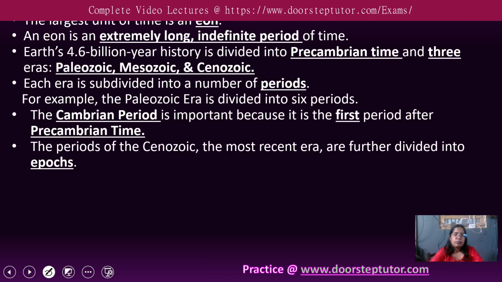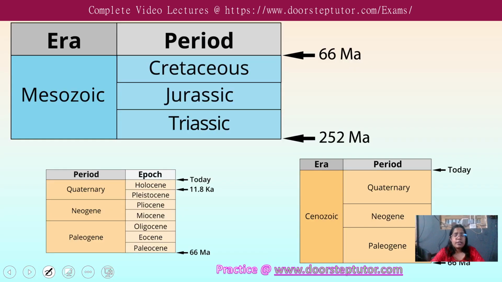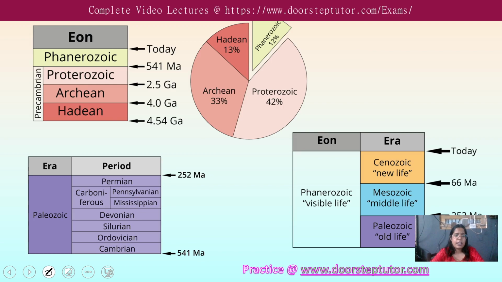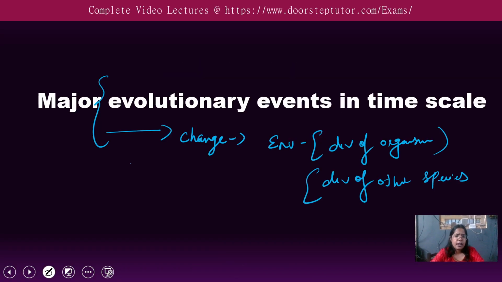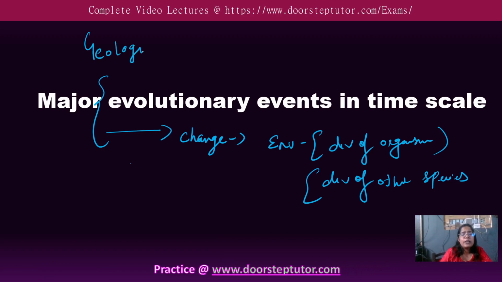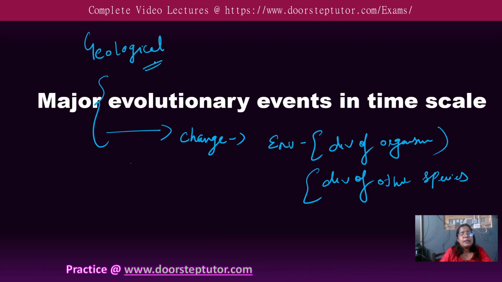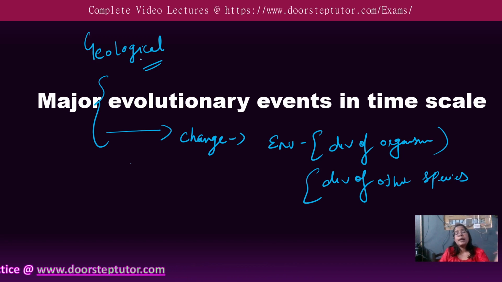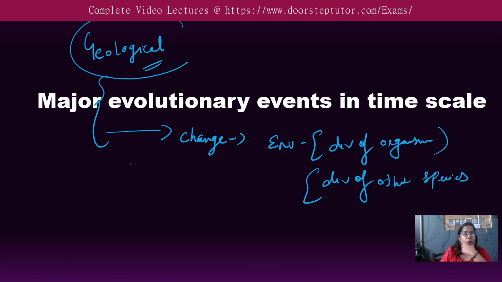Now if we talk about those evolutionary changes, you can see here eons, era, geological time scale. So what does it mean? Why are we learning this geological scale? We learn about theories, okay, that is understood. We learn about experiments and which is aerobic or anaerobic, that is understood. But from a geological point of view we are learning because it has a direct connection with the development and the origin of these species. Now the question is how?